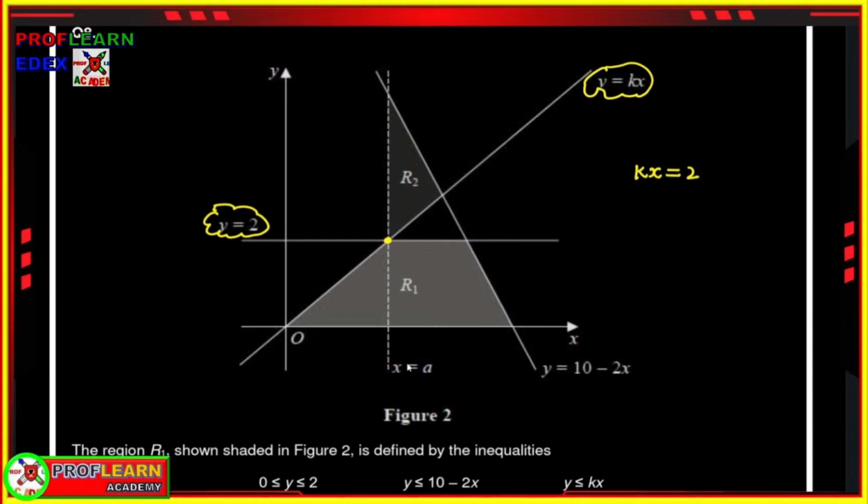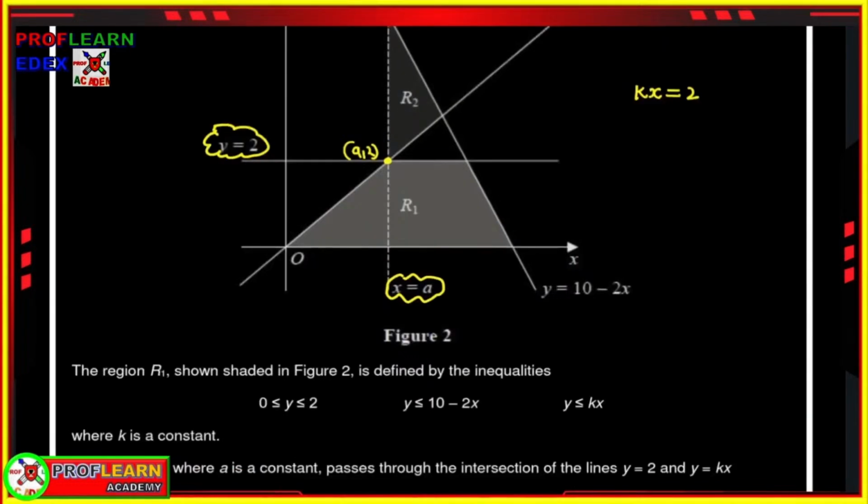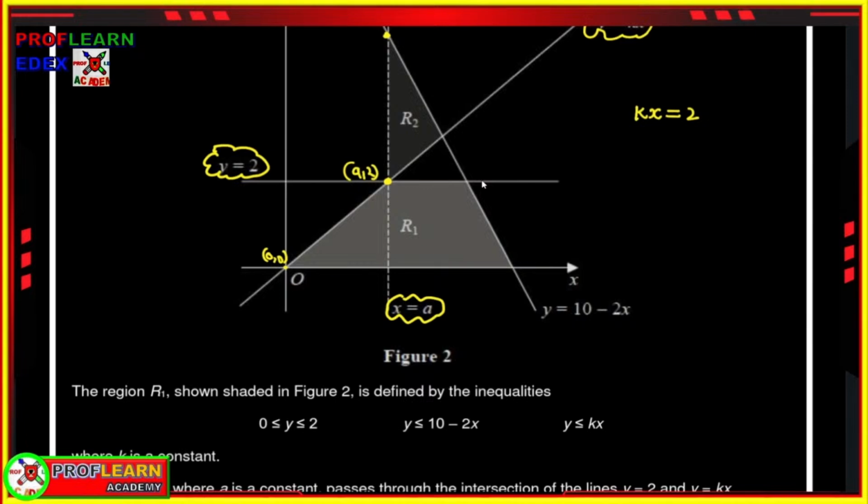We have this line, x equals a, a vertical line. So this coordinate here is going to be a comma 2. That's the first coordinate, a comma 2, because we have x equals a. Then we need to find the second coordinate, which is the origin 0 0,